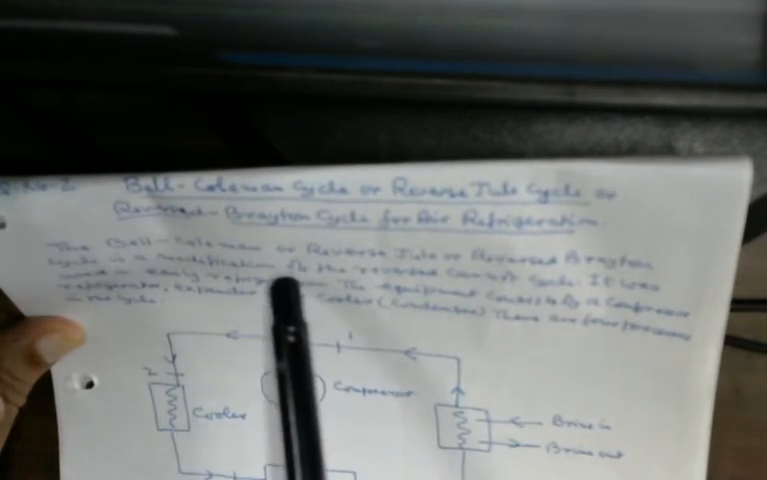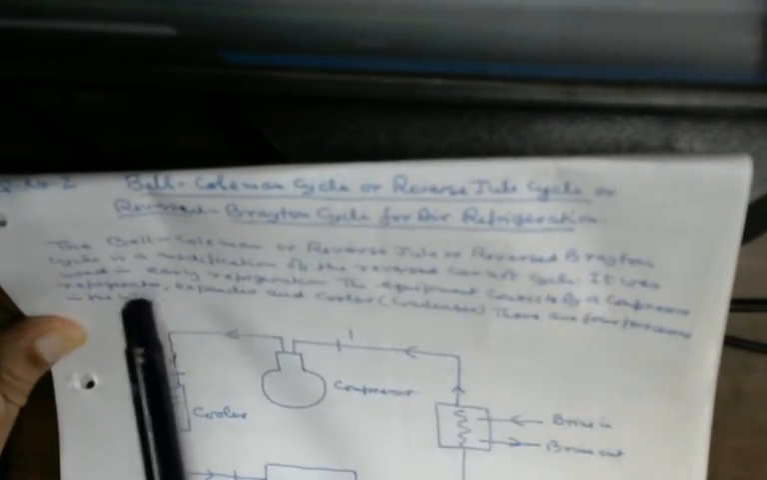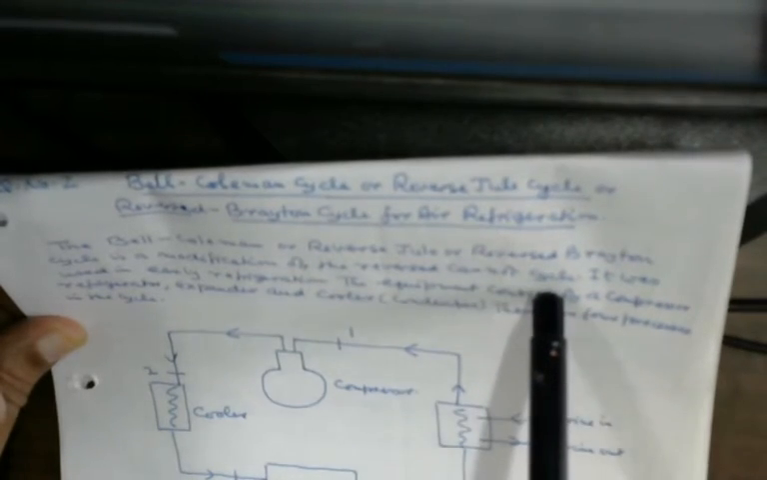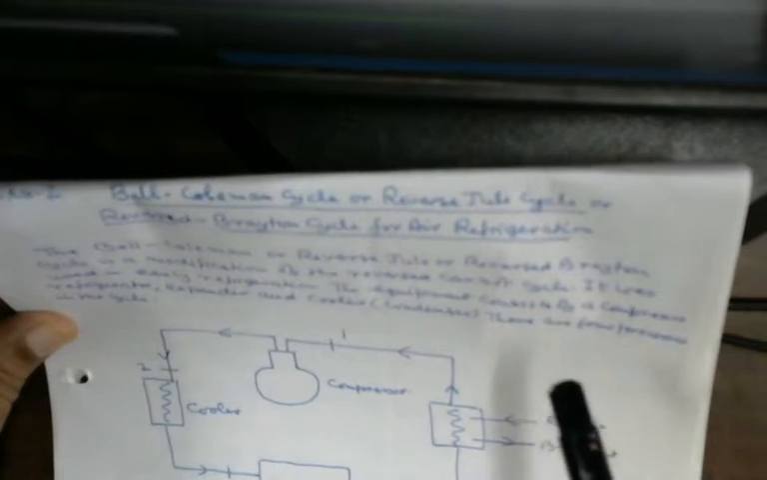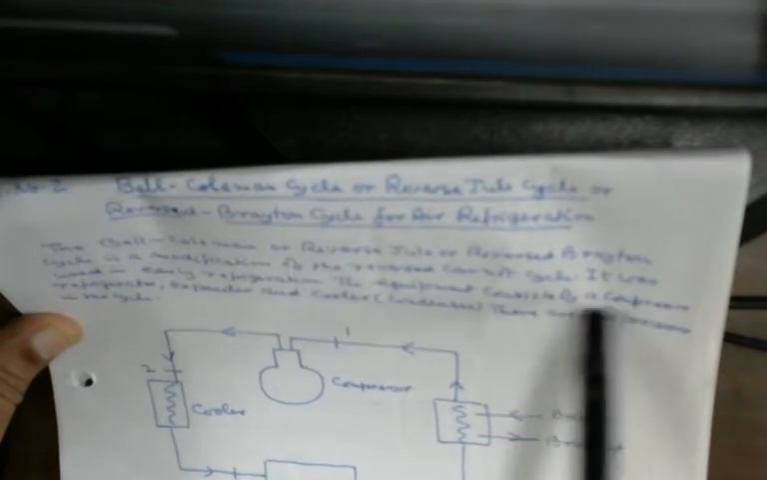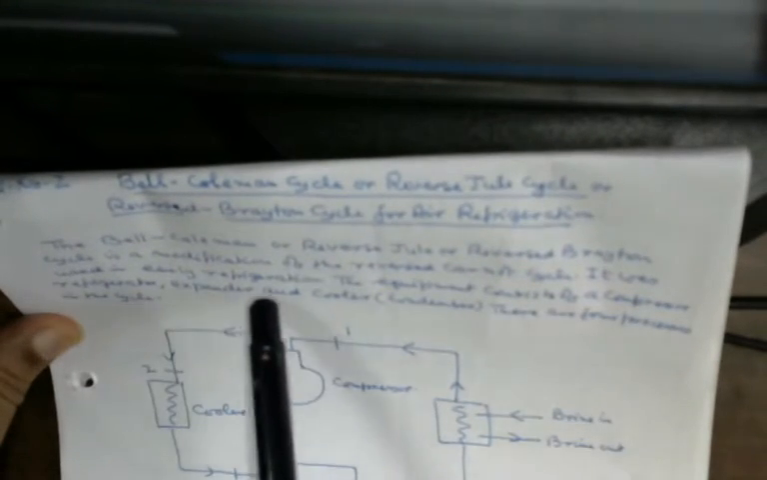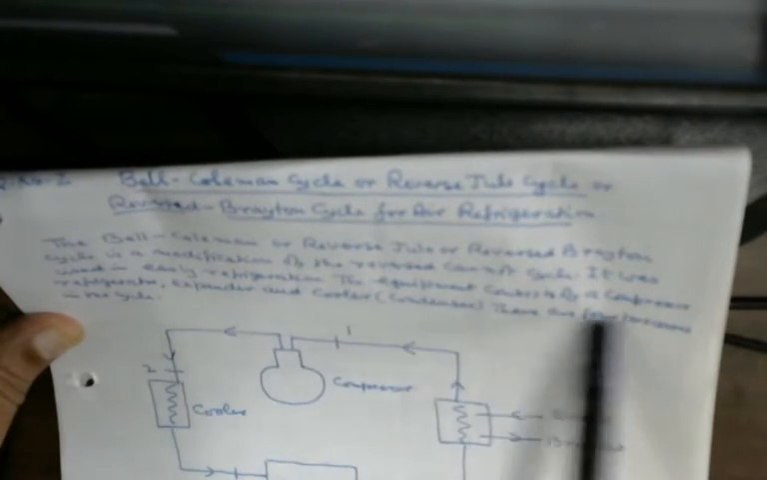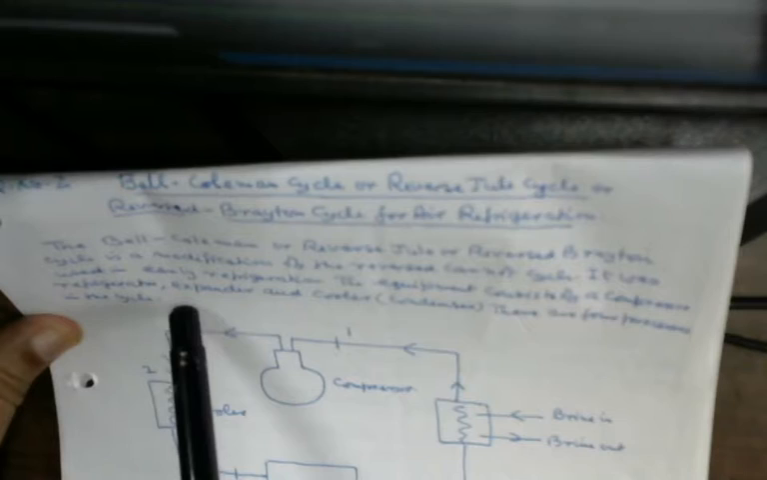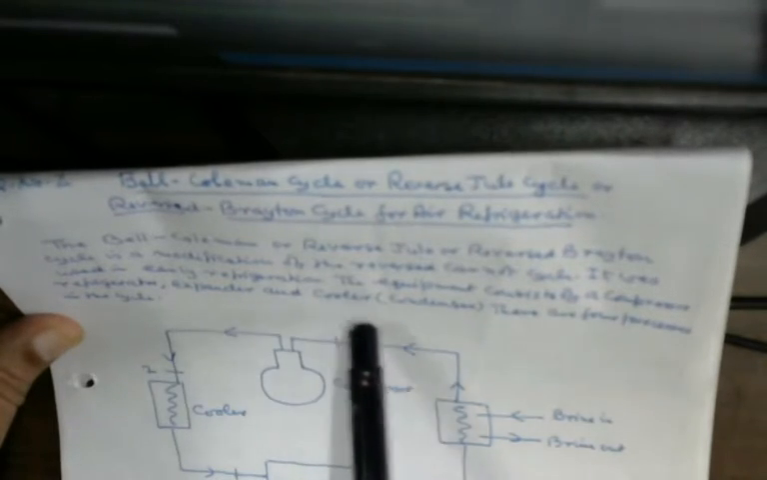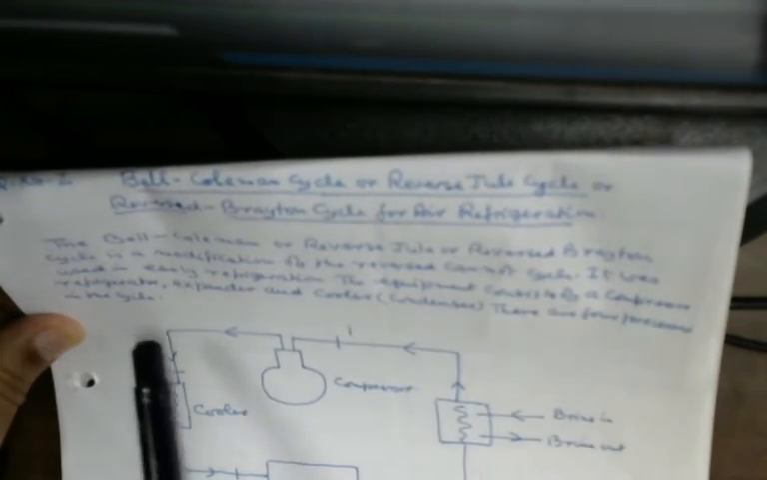The Bell-Coleman, reverse Joule, or reverse Brayton cycle is a modification of the reverse Carnot cycle. Okay, it is just a modification and nothing else. It was used in early refrigeration. The equipment consists of compressor, refrigerator, expander and cooler. These are the four